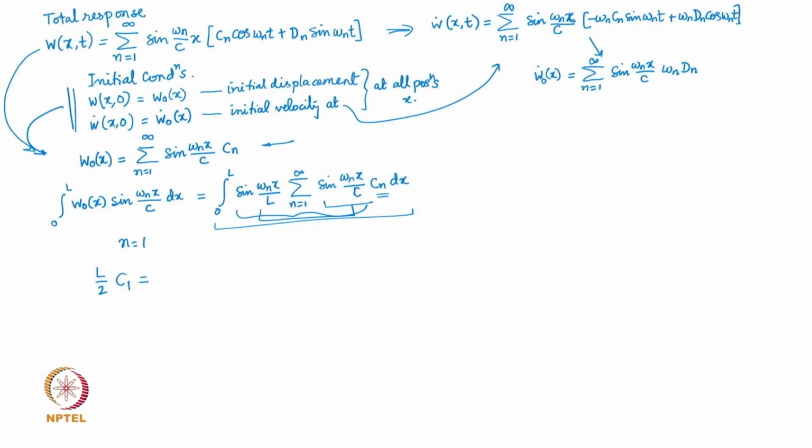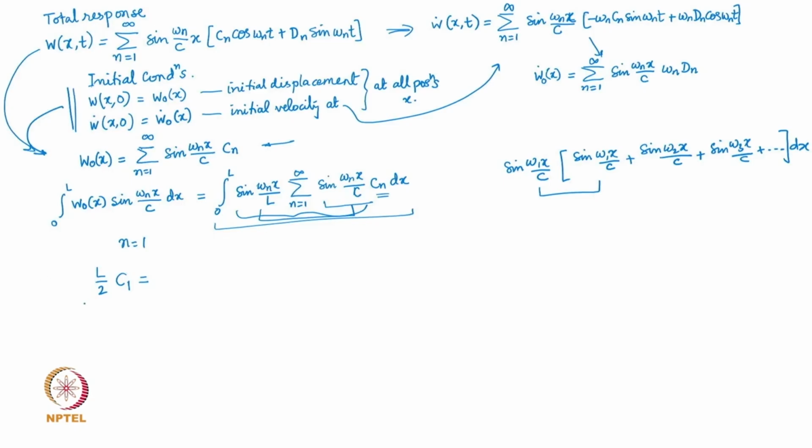First, integrating the product of two sine functions here, you can show that when you multiply sine omega 1 x by c with this series, which is sine omega 1 x by c plus sine omega 2 x by c plus sine omega 3 x by c plus, and all those terms into dx, all the terms except this particular term are 0 when you integrate from 0 to L, right? So that's how you get that